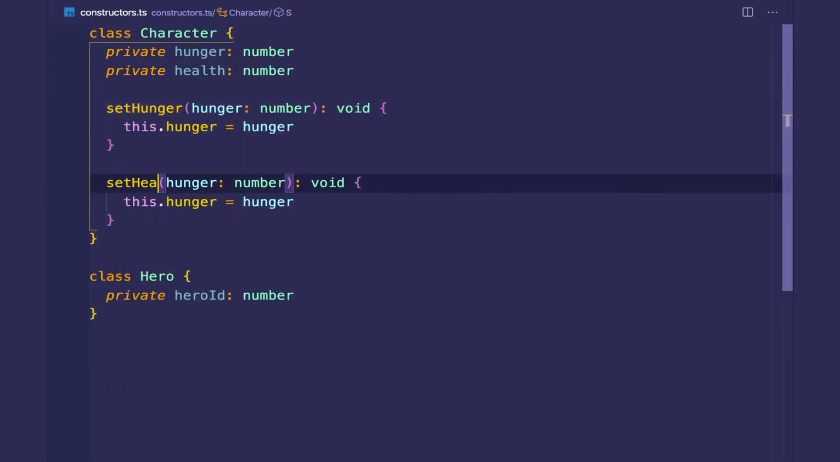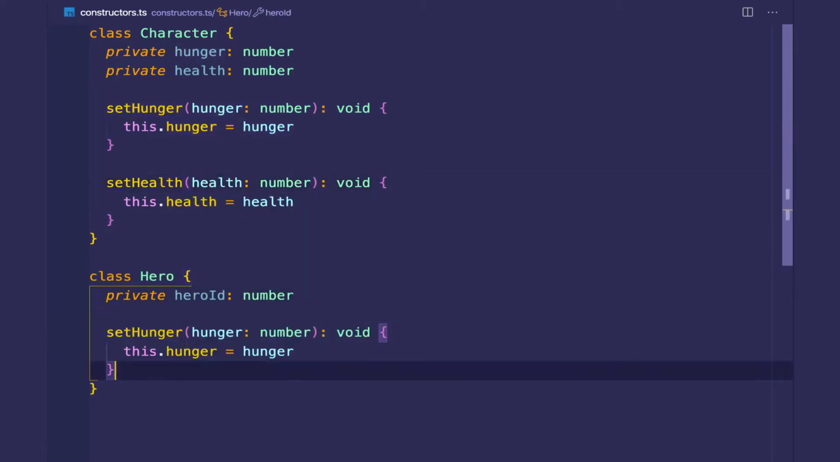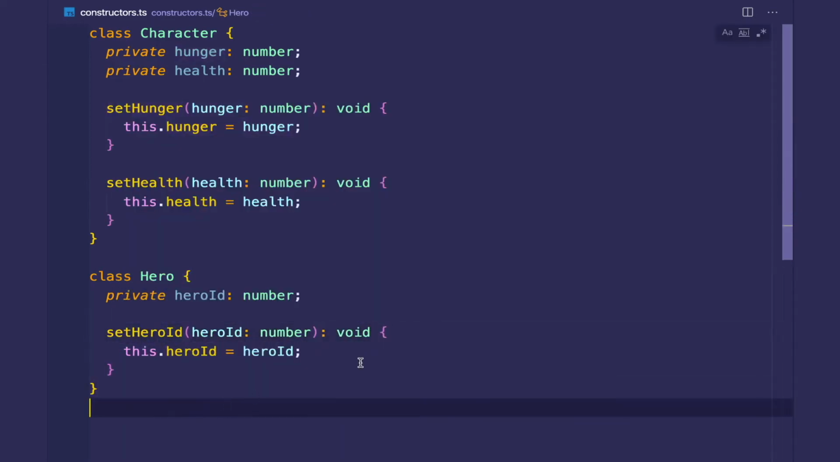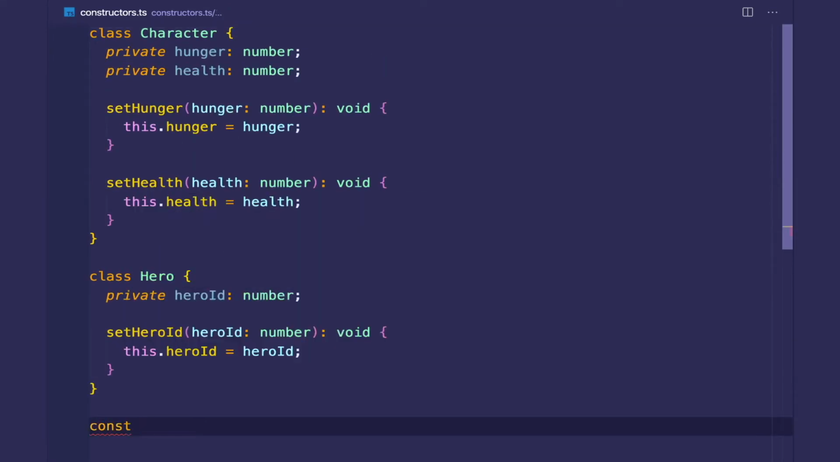Set health. And we'll do the same thing for hero ID, set hero ID. Now, what's annoying about this is when I want to create a new hero. Let's say I want my hero to be named Jeff. I have to,